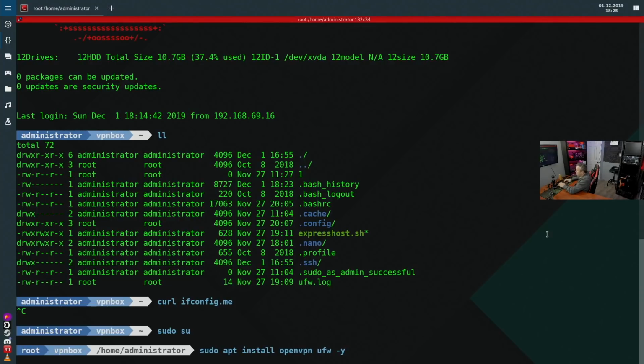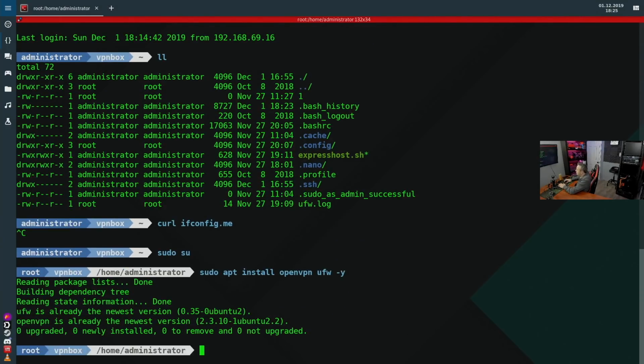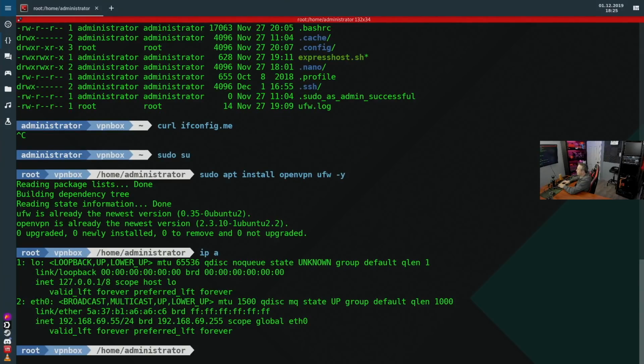I've already logged in. I'm actually set up as root, so I don't even need sudo before this. I've already installed OpenVPN and UFW. If you haven't, make sure you run this command. Also, make sure you set a static IP. So if we do an ip a, you'll notice that my IP address is set to